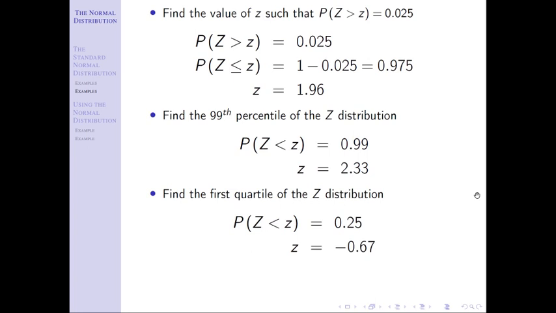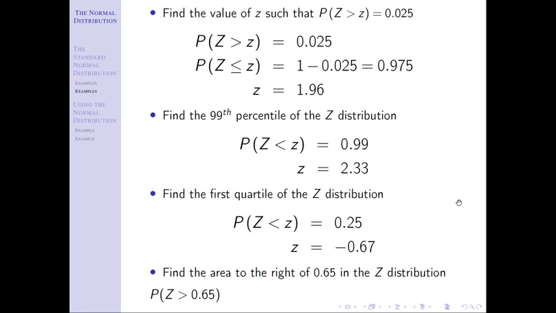And then the last one is a similar idea, but now instead of giving you a probability statement, I've worded it out just like our very first one that we had. Find the area to the right of 0.65. Just want to make sure that we don't get in too much of a rut here. This would be a probability that z is greater than 0.65. I have to work with complement, and that would be how we finish that problem off.